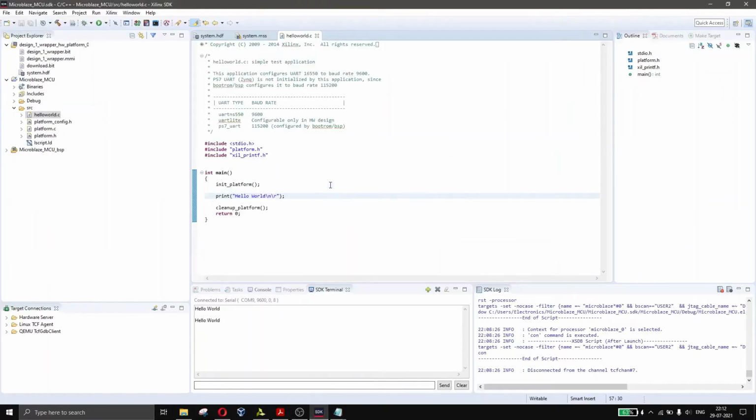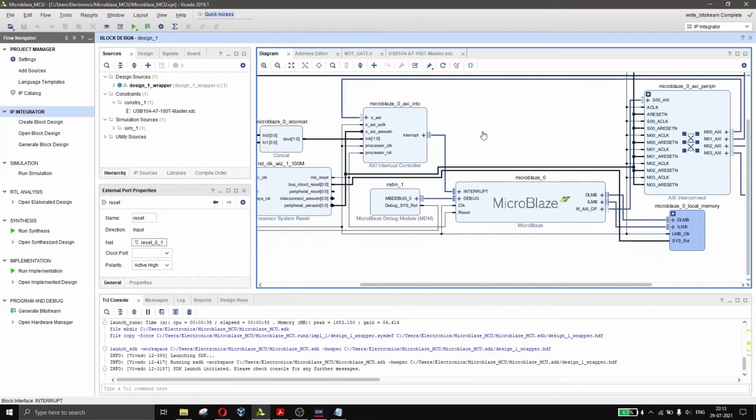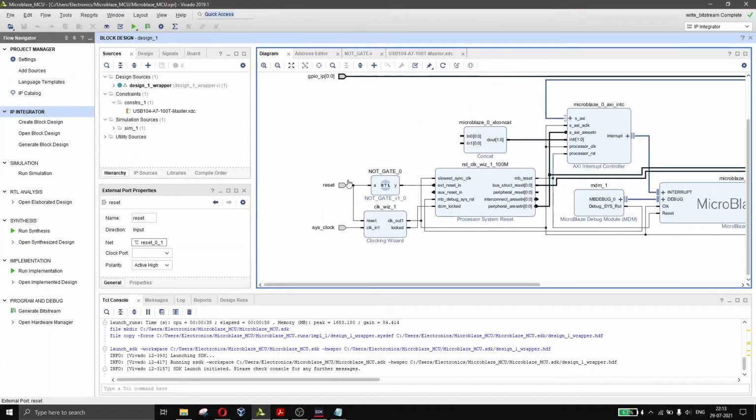So let us open the SDK itself. We'll modify this code. So first of all, we have hello world here, so we'll just change it to program started. So just to verify that our push button is working, we have modified this. Why I have done this is because when we press the reset button, my MCU will be reset and it will start from the beginning. So this will be printed again when we press the reset button. So that is to verify this reset functionality that we have implemented.